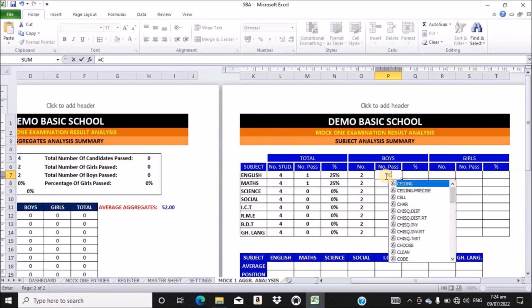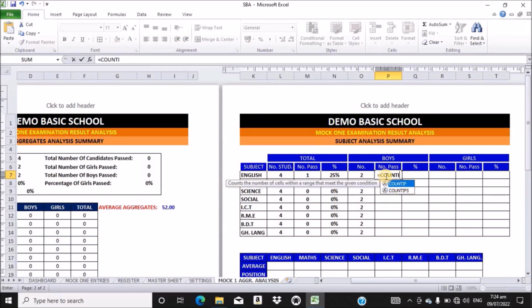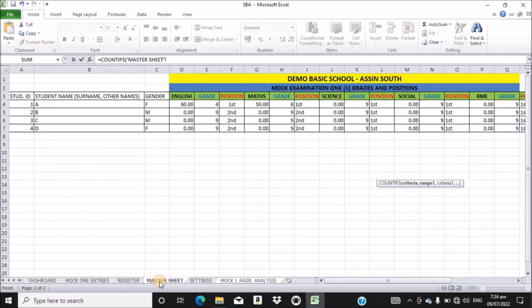So equal to COUNTIFS on the master sheet, column C, comma, column C contains a character M, comma, then